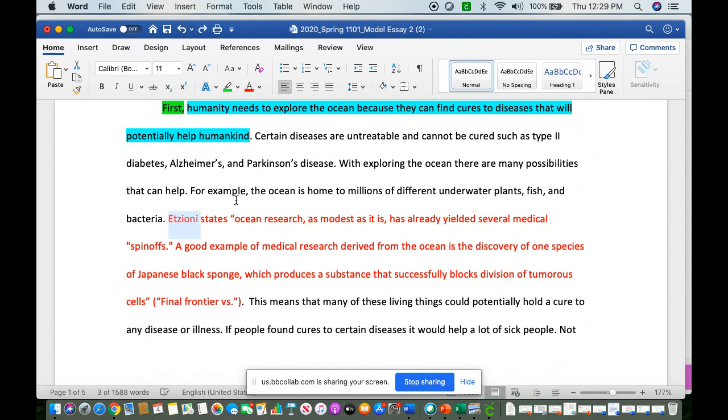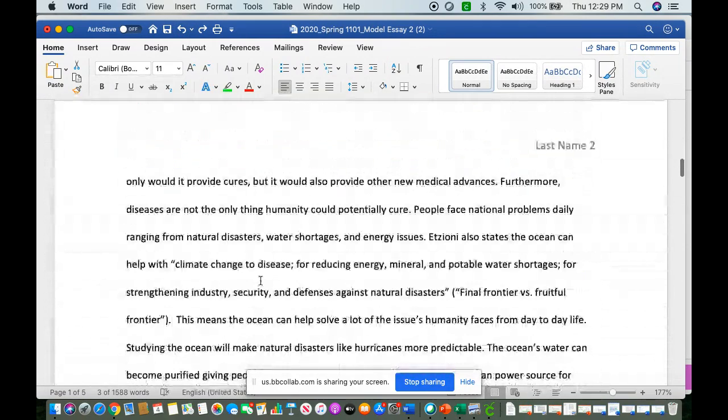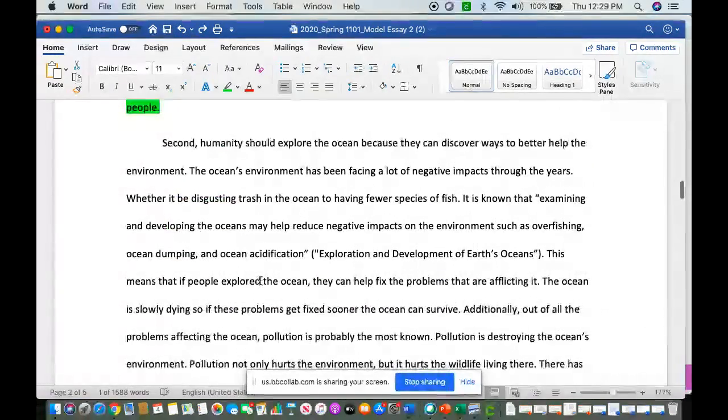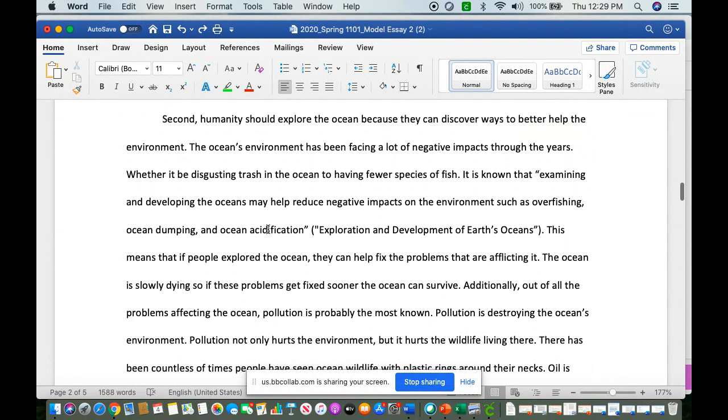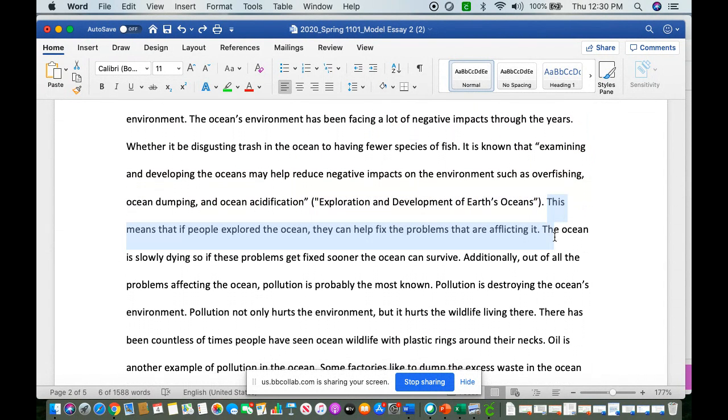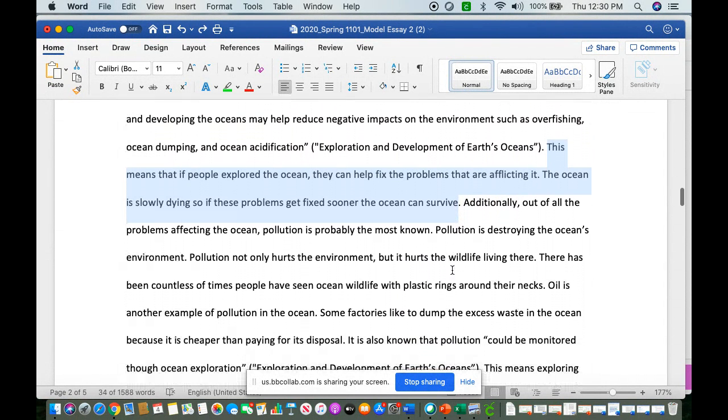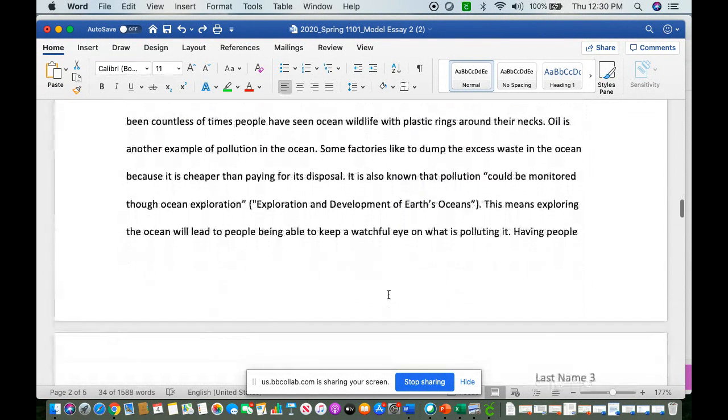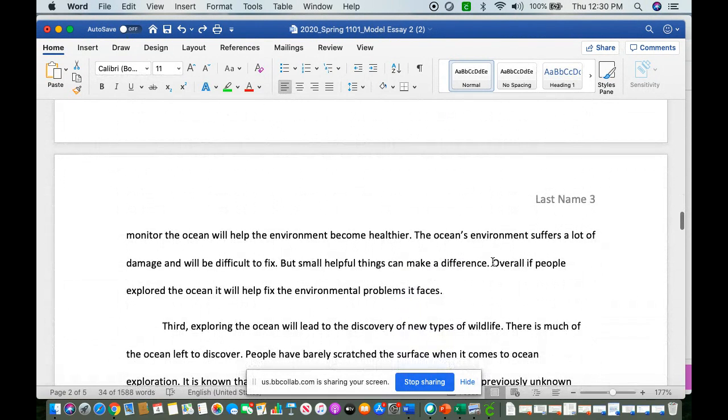As you go back through and continue looking at this model essay, you'll notice the second paragraph follows the same format. You start off with your topic sentence. There's a nice transition word there. You're moving into your evidence and your facts. You follow with your in-text citation and the period. And then you have your explanation of the quote so that the reader truly knows what it is you're trying to say before you keep adding more information, explaining that information, and then ending your body paragraph with the concluding